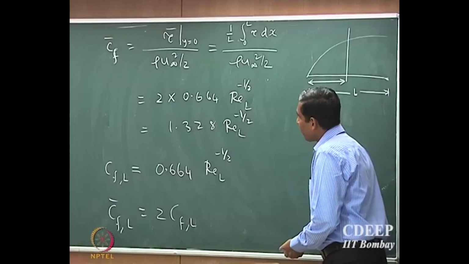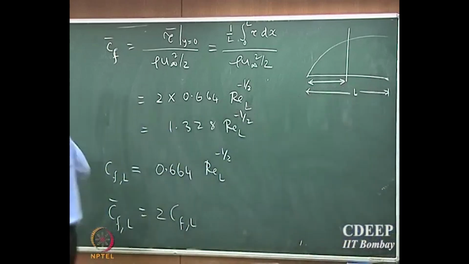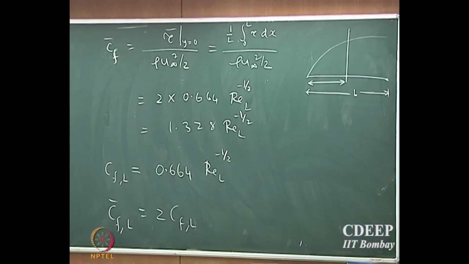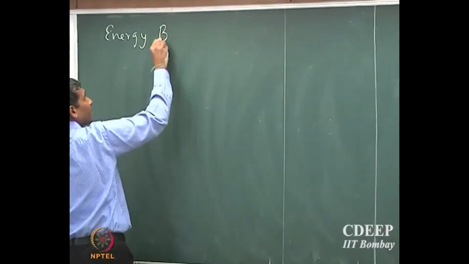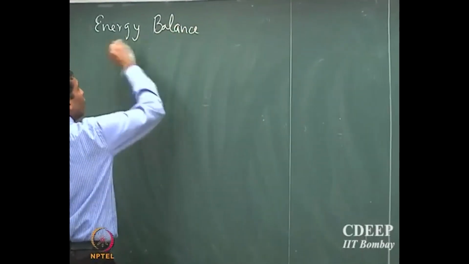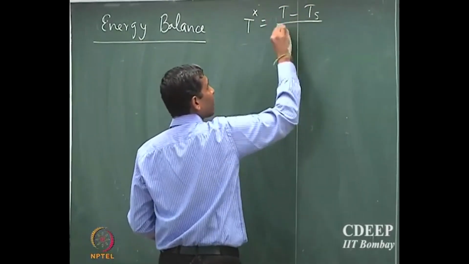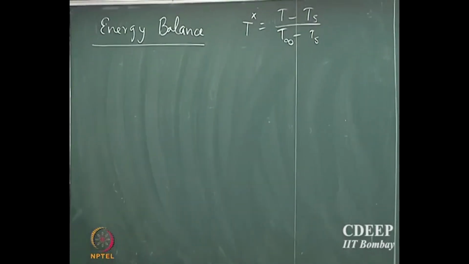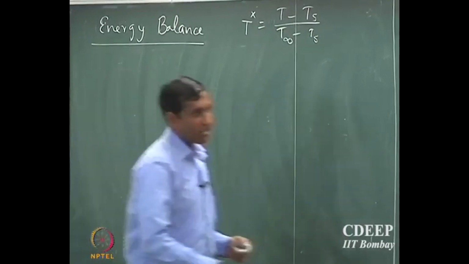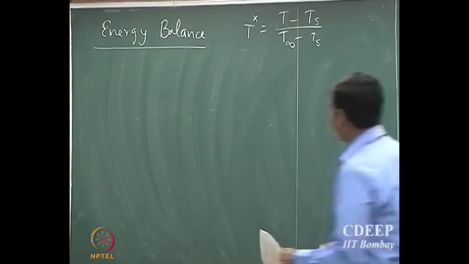So similarly one can do for the energy balance and the mass balance. So what you will see for energy balance, we can now write the energy balance in terms of the modified or new variables. So I define T star as usual as T minus Ts by T infinity minus Ts. Okay. So I define this dimensionless temperature, and I can find that the energy balance will reduce to d square